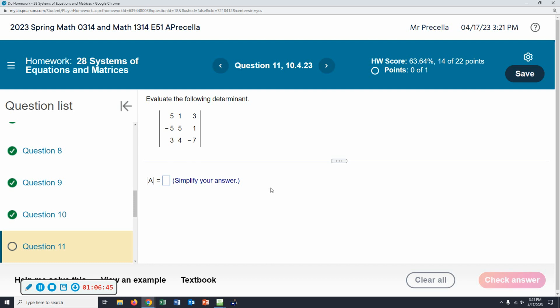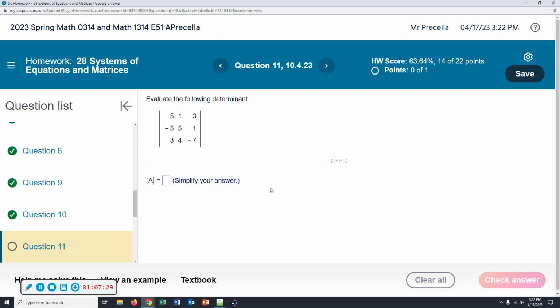Okay, I'm going to show y'all how to find the determinant. How many rows and how many columns does this matrix have? 3 horizontal rows, 3 vertical columns. Let me write it down: 5, negative 5, 3; 1, 5, 4; and 3, 1, negative 7. Okay, you need to find